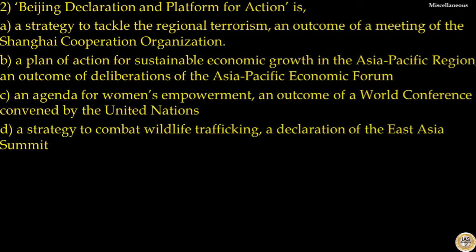Question number 2. Beijing Declaration and Platform for Action is. Options are a strategy to tackle regional terrorism, a plan of action for sustainable economic growth, an agenda for women's empowerment, a strategy to combat wildlife trafficking. The answer to this question is option C, an agenda for women's empowerment, an outcome of a world conference convened